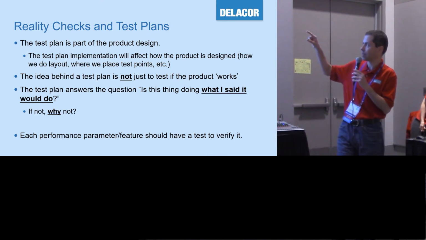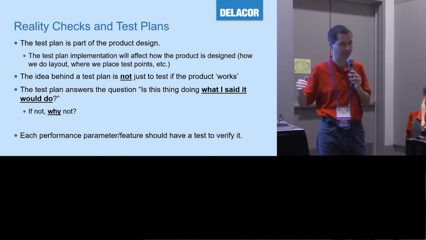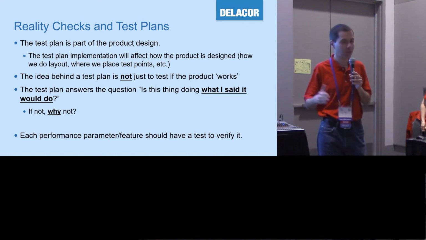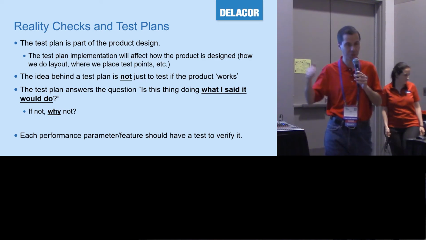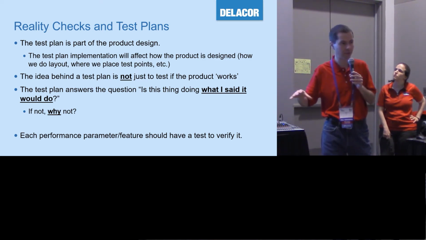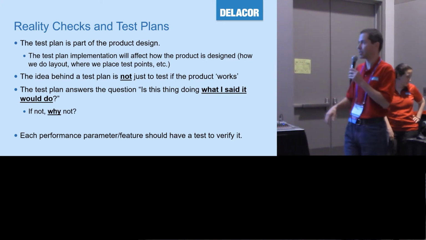If you can prove that the thing is doing what you said it was going to do, that gives you confidence that all these calculations and all this modeling you've done is correct. And if you can predict typical behavior and you can use the same assumptions modified to predict worst case behavior, that gives you a lot of confidence that when you go build 1 million of these, they're going to fall within that worst case behavior you predicted.